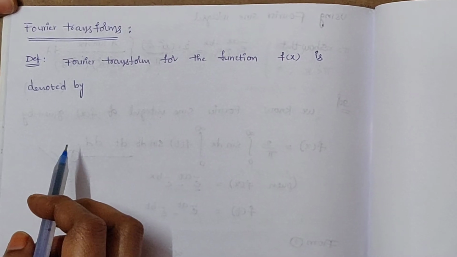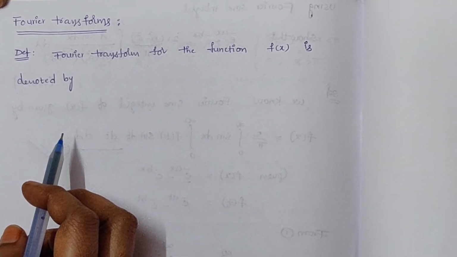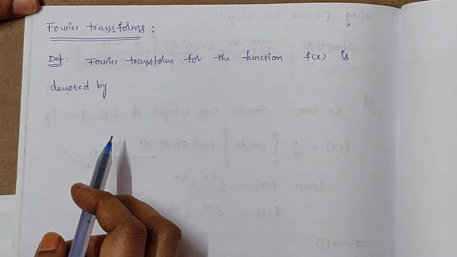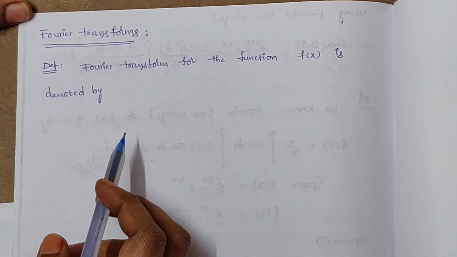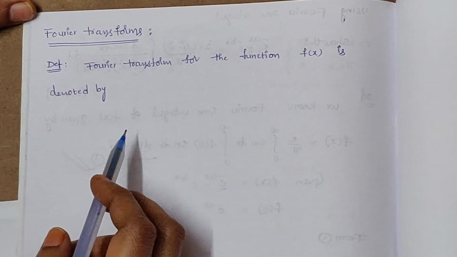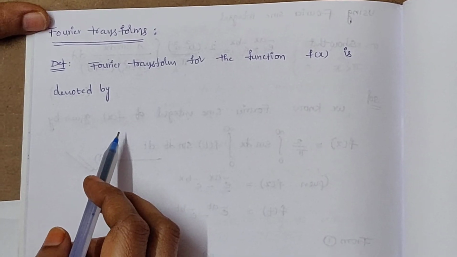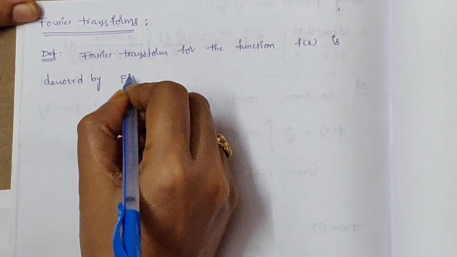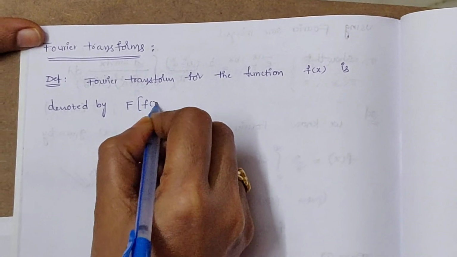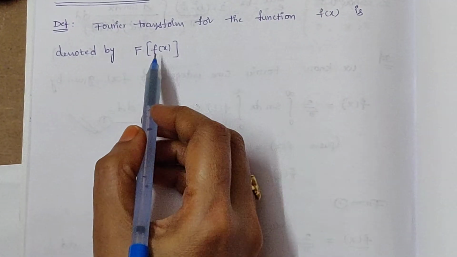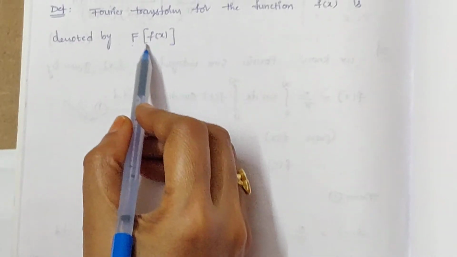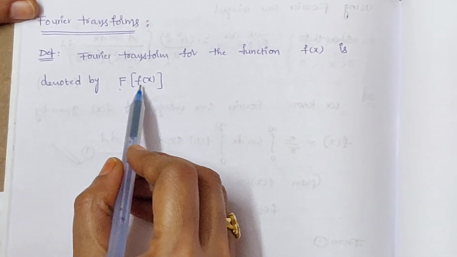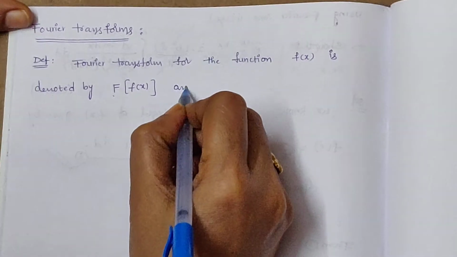We are going to see the definitions of Fourier transform, Fourier sine transform and the Fourier cosine transform. Fourier transform for the function f of x is denoted by capital F of x, and it is defined as